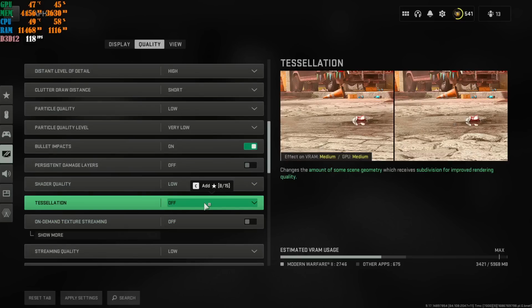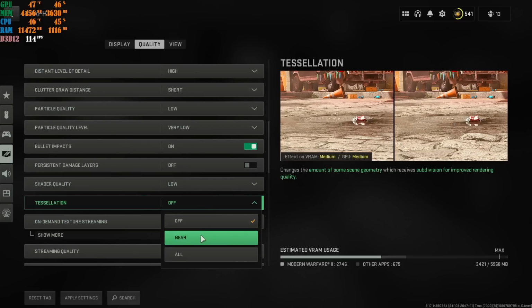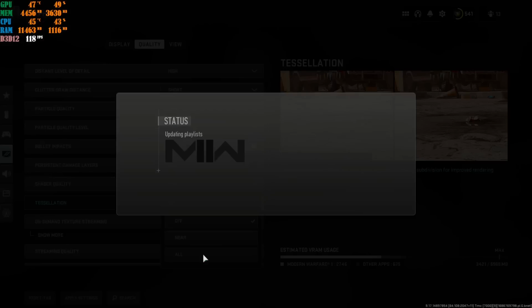Tessellation on off. Leave it off. A lot of people put this on for some reason. I don't know why you are putting this on. You don't even need it, okay? It's just going to start basically...